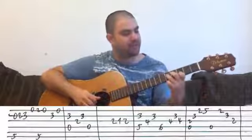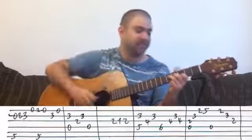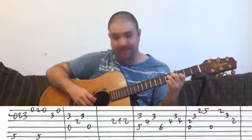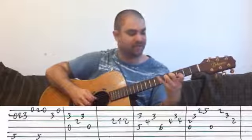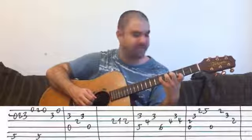Now, a G chord, F-shaped G chord. 3, I was thinking about F. 3 on the B string, 4 on the G string, 5 on the D string, and you play this. This is it. You play the D string along with the B string, and then G string, B string. And then you take your pinky and you put it on 6 on the D string. And then you play G string, B string, G string again. Okay, so it's...